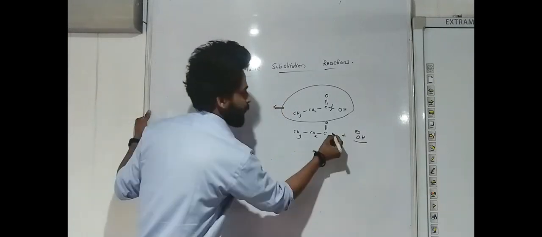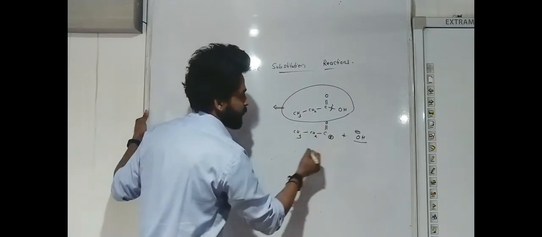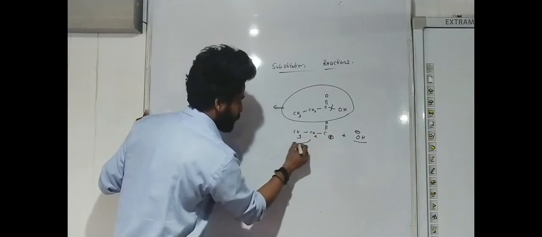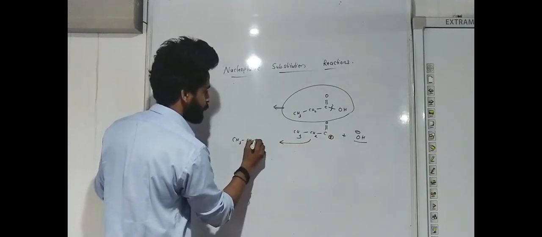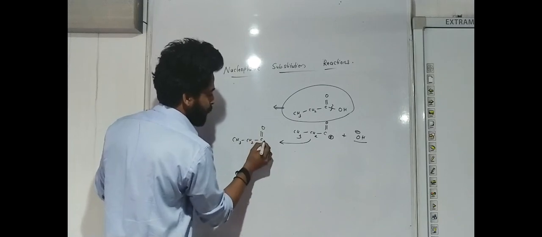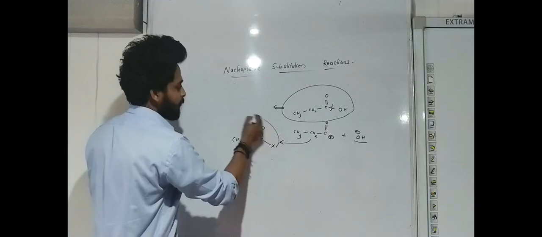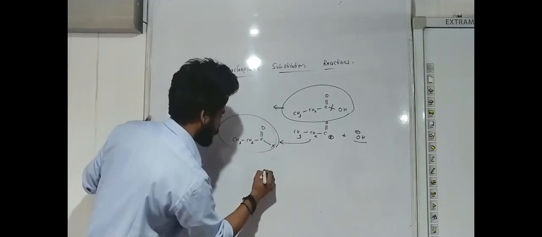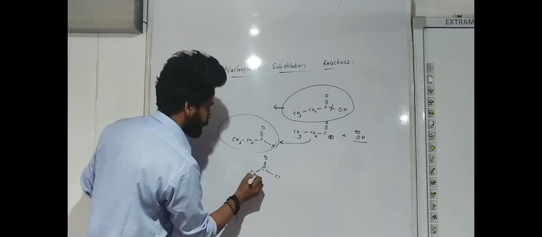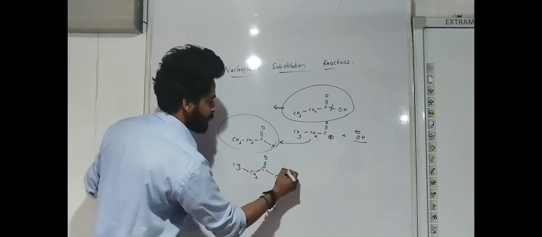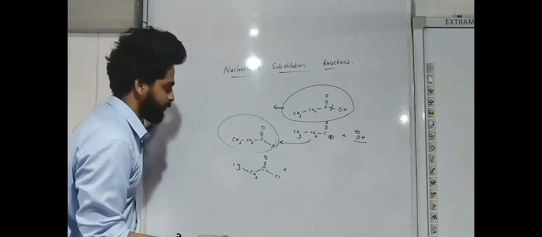Here we got a positive charge, but this compound is not stable. So we have to make it a partial positive charge by adding CH3, CH2, C double bond O plus any other electronegative group, for example X. So this is the starting material. We can use X as Cl, C double bond O, Cl, CH2, CH3, by treating this compound with OH minus or NaOH, or we can use H2O also, there's no problem.